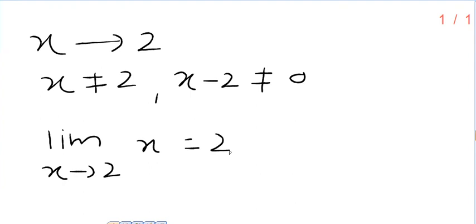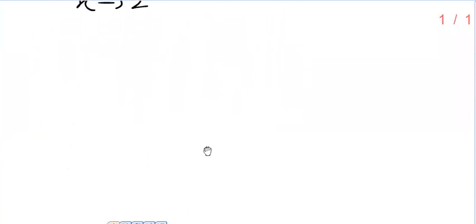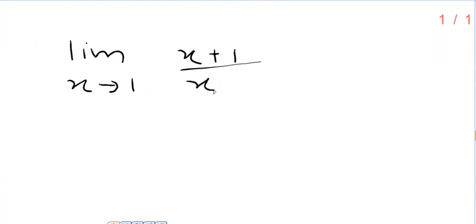Now when we evaluate a standard limit, we try to evaluate the limit in the very first step. For example, if it is limit x tends to 1, x plus 1 upon x minus 2. In this case, we are asked to find the number to which this particular function approaches as x approaches 1. Means what? If x assumes values which are nearer and nearer to 1, x plus 1 upon x minus 2 will approach which number? That is nothing but the limiting value.